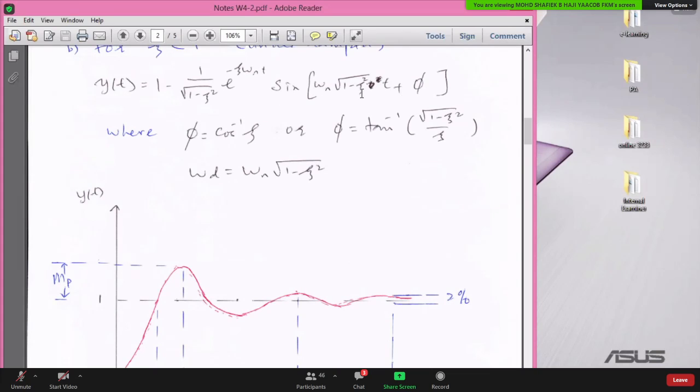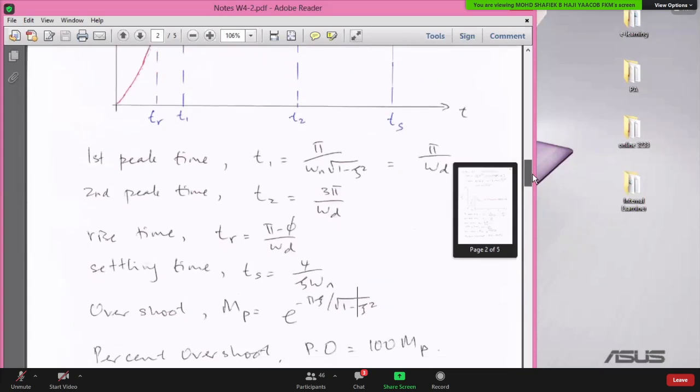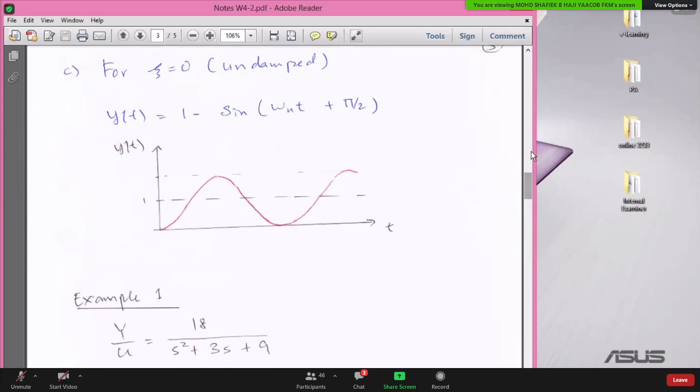If you substitute zeta equal to 0, everything is going to be simplified. This is called the undamped case. When you substitute zeta equals 0 into that long equation, it reduces to this simple trigonometric sine wave. So your response is going to be